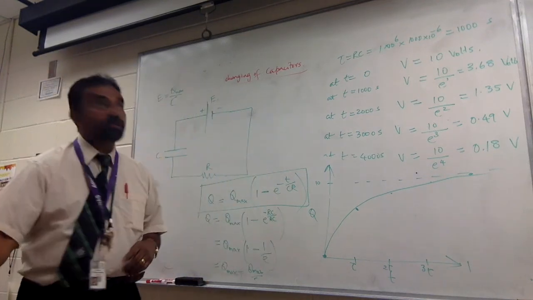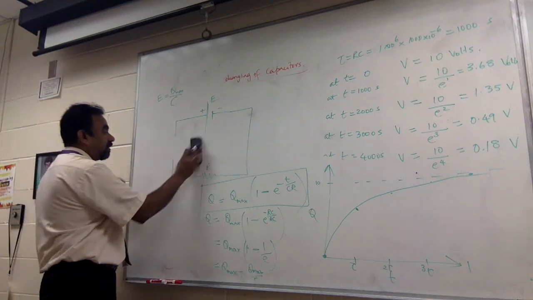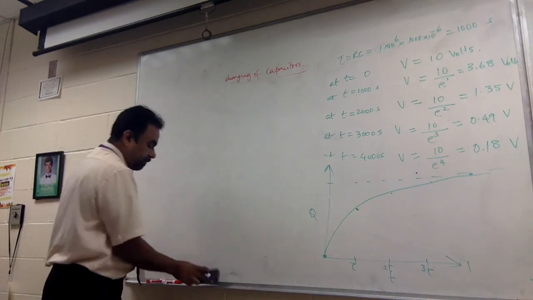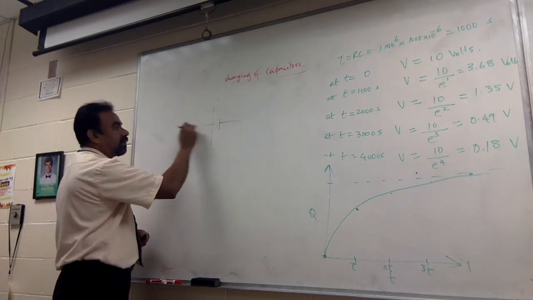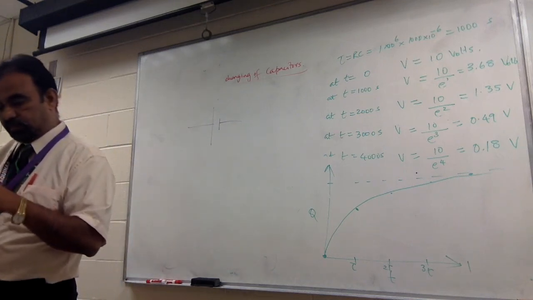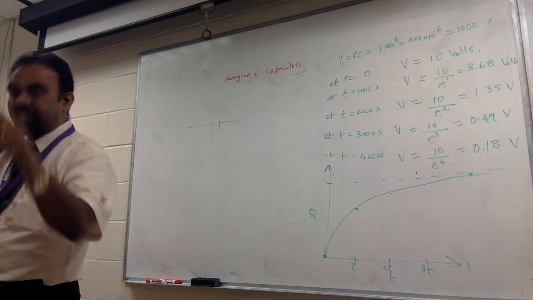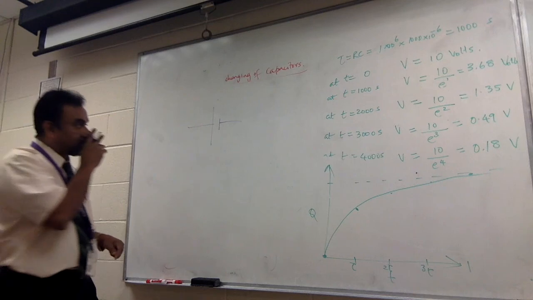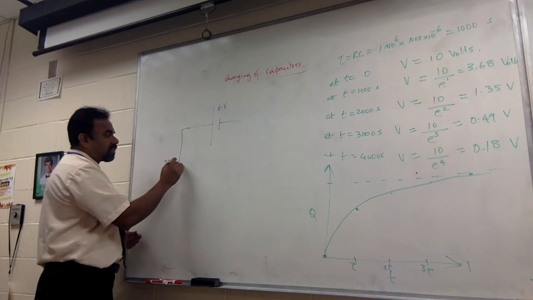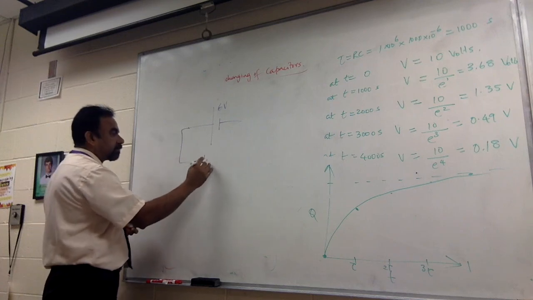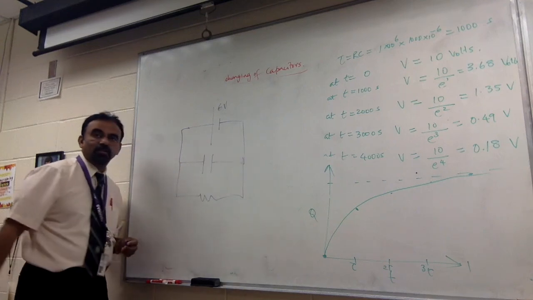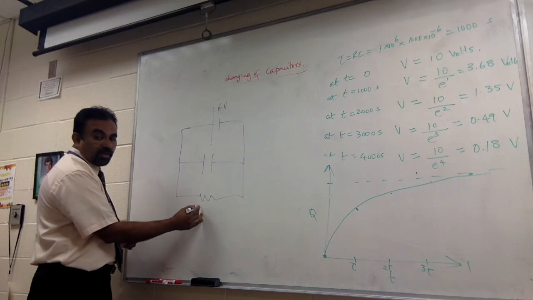What I'm trying to do is this. I'm trying to set up a circuit like this. Look, that is a power supply I'm going to use. This one is capable of handling 16 volts. I'm going to just use 6 volts. So I'll use 6 volts, and I will charge a capacitor like that. And I'll put a resistance like that in parallel to it. So the resistance I'm going to put right now is